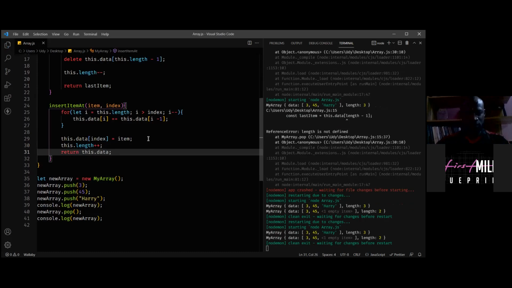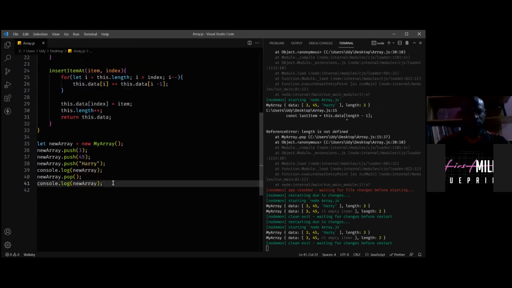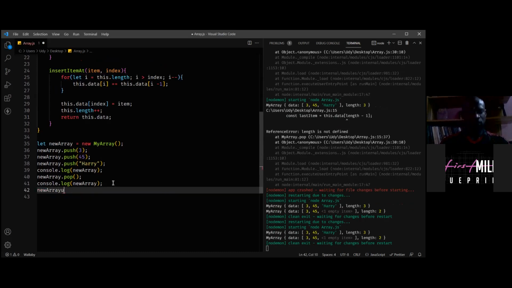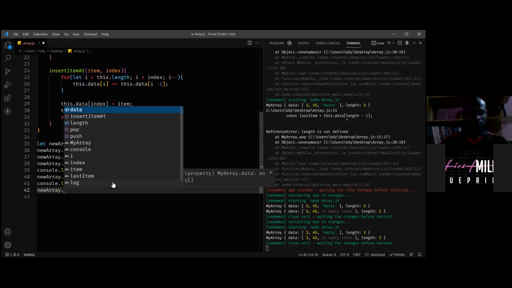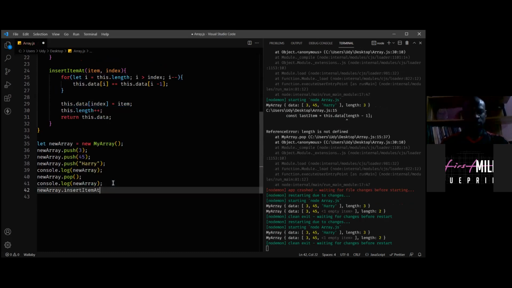Let's check if it will work. Our new array, insert, let's say, insert 100 at position number 1.